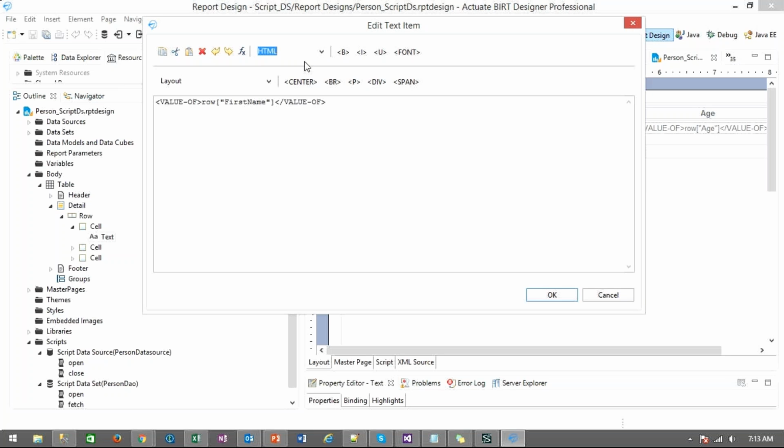Center, blue, black, whatever it is. Plain means that is the plain label kind of thing. So I can do the dynamic text. I can write the expression, list, everything I can do here. So I will use it mostly based on my requirement. I will use dynamic text or maybe a data element